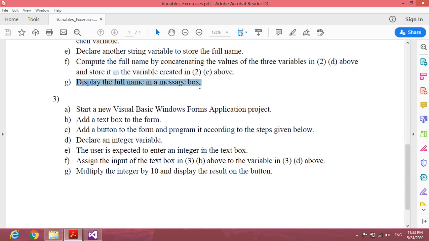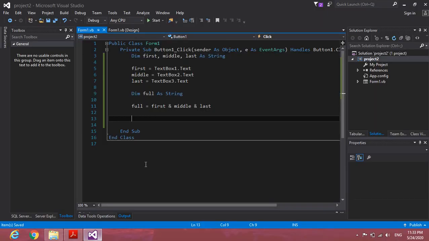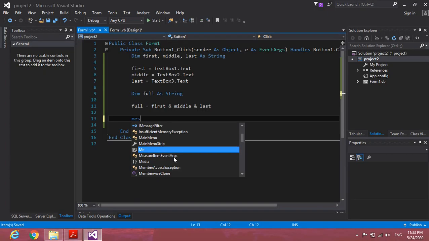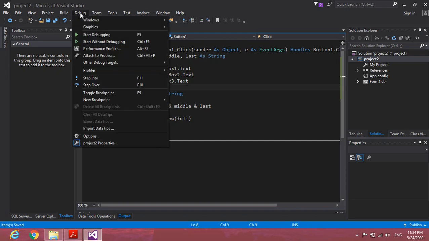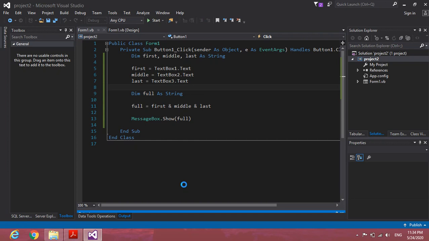Display the full name in a message box. You have to use a message box. Full. Okay, and that is our application. Then you have to go to debug and click start debugging,